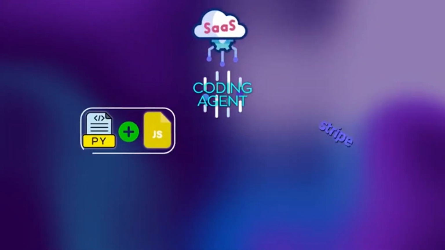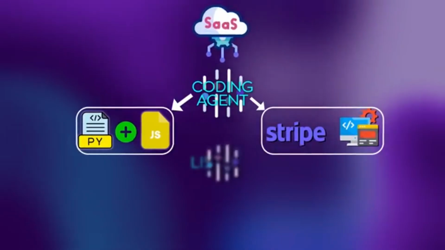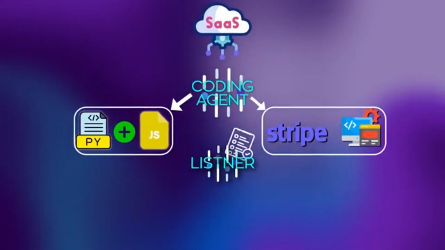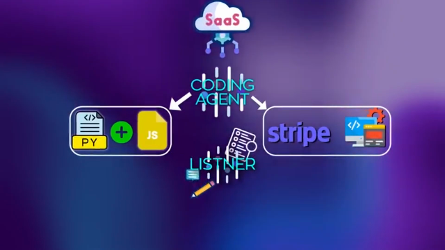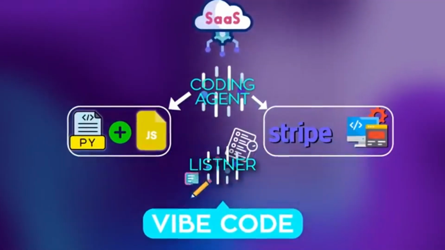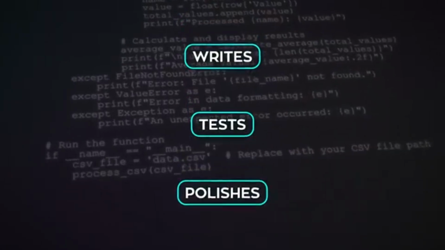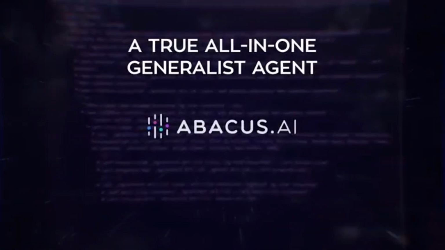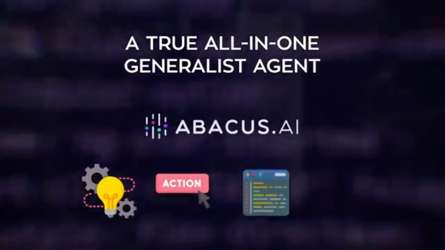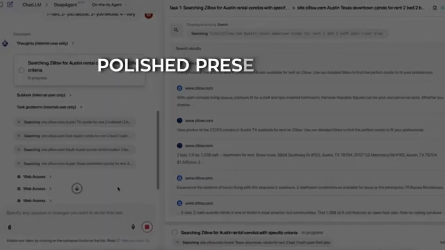Let's say you're building a SaaS product. The coding agent can generate the backend in Python or JavaScript, integrate Stripe as a payment gateway, and create a working web app while the listener simultaneously documents the process or transcribes your spoken notes into development tasks. You can even ask it to vibe code an entire app from scratch, meaning it writes, tests, and polishes the code autonomously. The design behind this is to create a true all-in-one generalist agent, something that can reason, act, build,